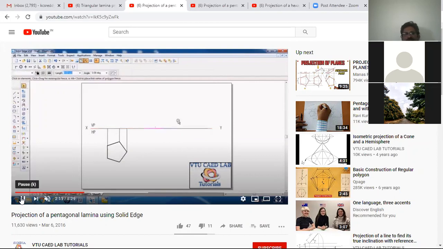So using a 15 mm line drawn using offset, or just draw a line and then measure the distance and set the distance. Measure the distance between that and this. So you can go with 15. It should be 15. Edit that length so that it will be 15. Now take this length of this line and